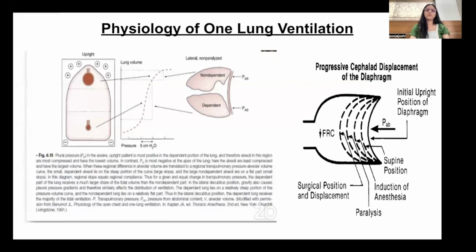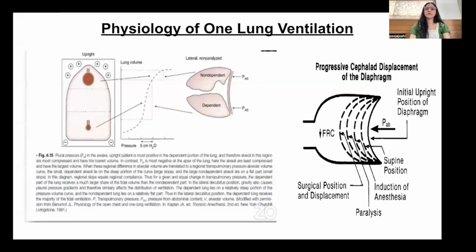In a lateral awake patient, in lateral position, you get similarly the dependent lung on a better compliance curve, that is on the steep curve, while the non-dependent lung is on a flatter portion of the compliance curve, which shows it is less compliant. As we anesthetize the patient, due to the supine position, due to the pressure from the diaphragm and the abdominal contents, along with the anesthesia drug effects, paralyzing agents effect, there is a change in the compliance